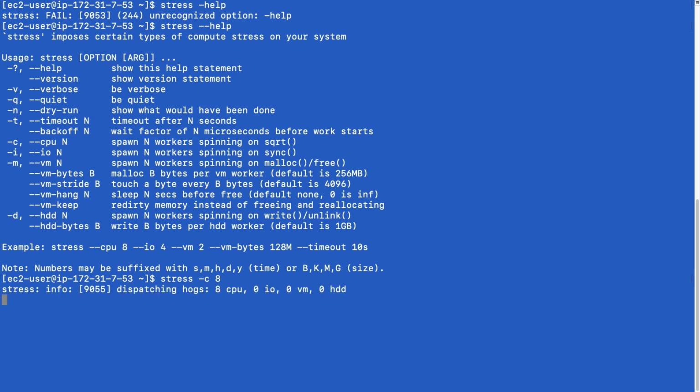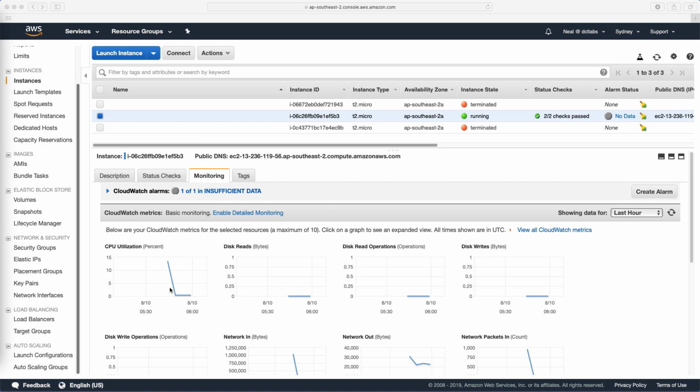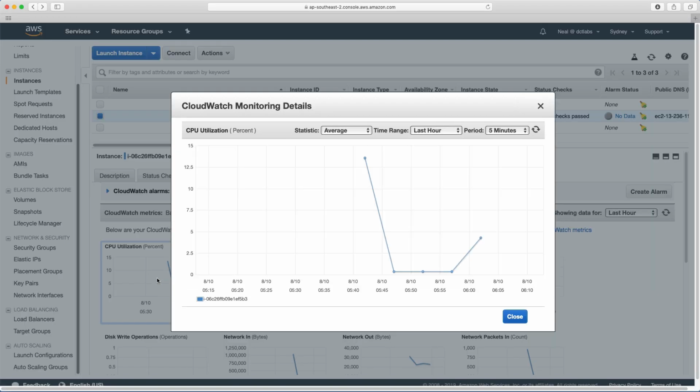So let's hit enter, and that's going to start. And we can go back to our console and watch what's happening. Now you can always choose here and you can see what's going on, but it's going to take a bit of time because we only have basic CloudWatch monitoring at this stage. So it's only going to pick it up every 5 minutes. So it'll be a few minutes before it realizes that the CPU is heavily loaded, and then it might be another few minutes before it then sees that it's still in that state and terminates the